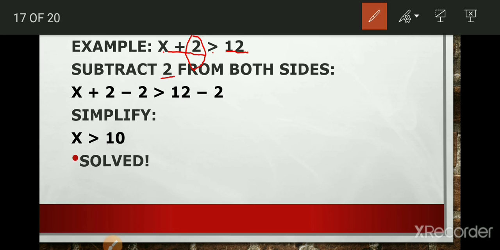So what you will get, x plus 2 minus 2 is less than 12 minus 2, because we want only the x term there. Simplify, we will get plus 2 minus 2, it is 0, is less than 12 minus 2, 10. You got the exact x value. Your aim is to solve x, so it is solved, right? And